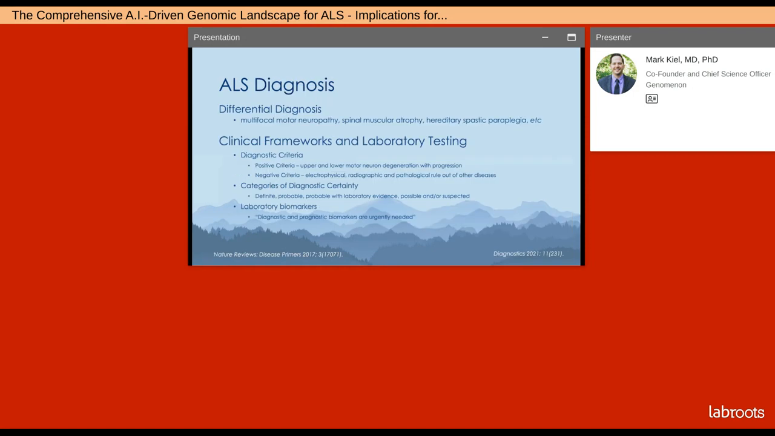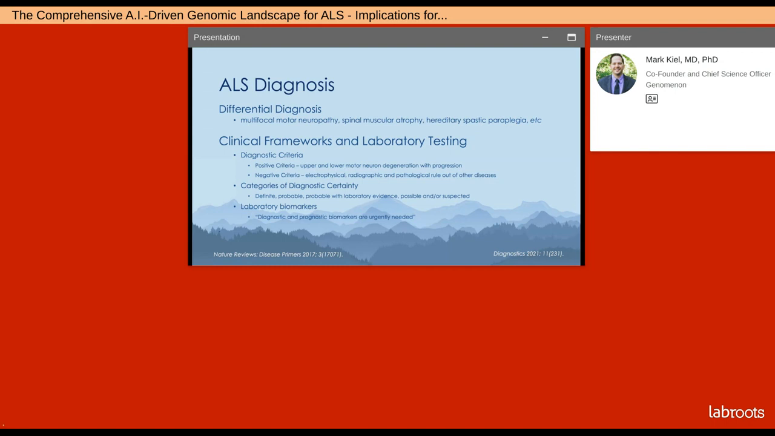In terms of diagnosis, ALS is a complicated diagnosis with a vast differential diagnosis of additional distinct neurological disorders, some of which I'm highlighting here. Part of the challenge with understanding ALS diagnosis involves a lack of specific criteria that can help differentiate from among other neurological disorders. So those criteria that have been established are largely clinical, and they are comprising positive criteria as